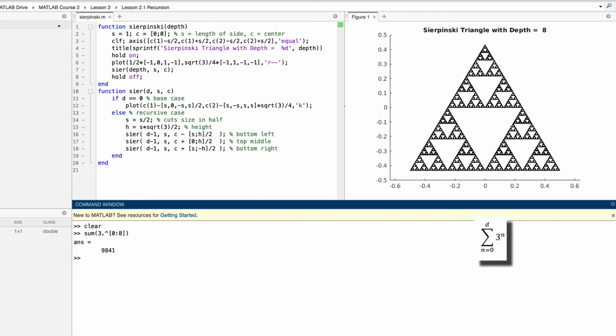And if you're good at summation formulas, you can work out this formula for the sum. And we can check it with MATLAB for D equal to 8. And we get the same number. So the formula checks out. Either way, that's 9,841 calls of Sier. And each call produces one Sierpinski triangle, including the biggest one,